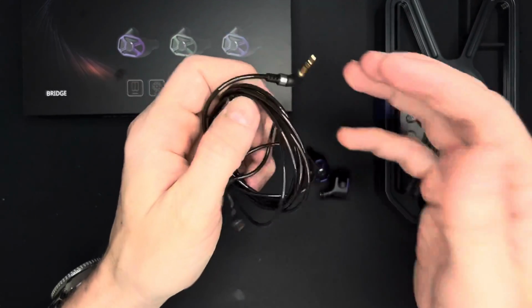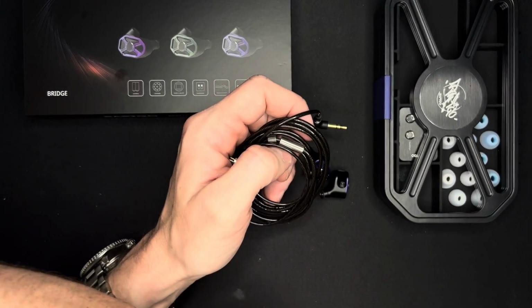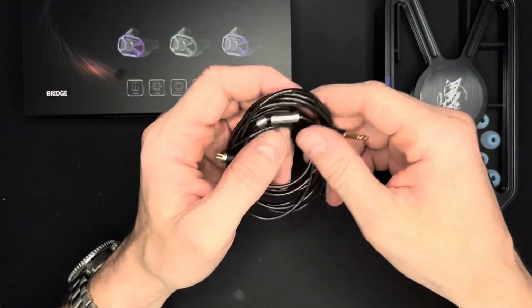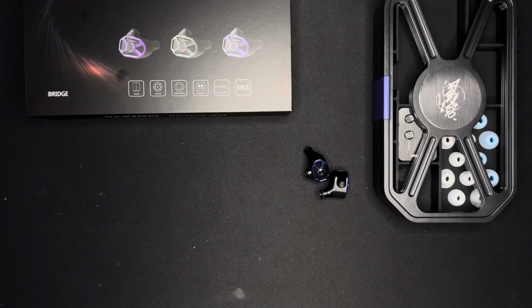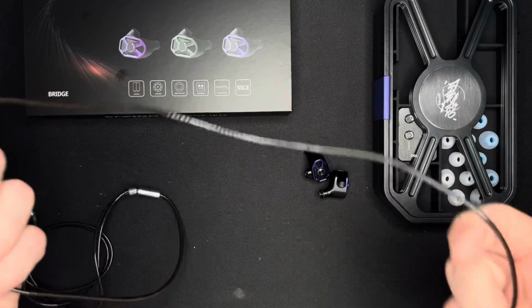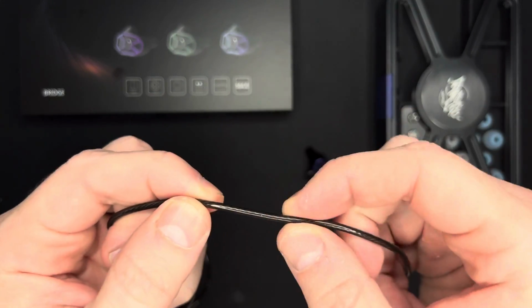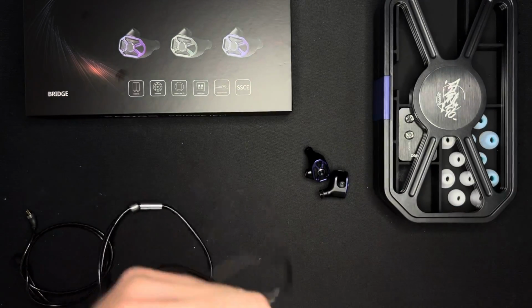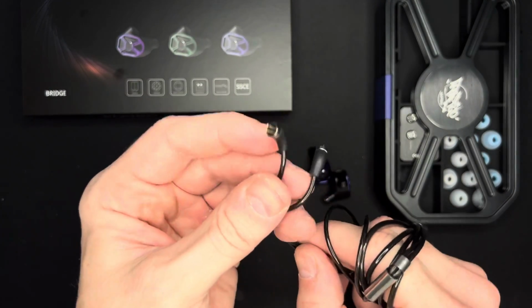But you're not going to be able to use this with a balanced cable unless you're going to switch it out for one that is separate. For example, here is a cable from Linso with a 4.4mm balanced connector on the end of it. Anyway, the cable itself is a little bit on the springy side and a little bit memory retentive. It is just a single strand, well, it's a strand with braiding on the inside of it, but it does transfer some microphonics up and down it. It does have a metal splitter and cable cinch on it,